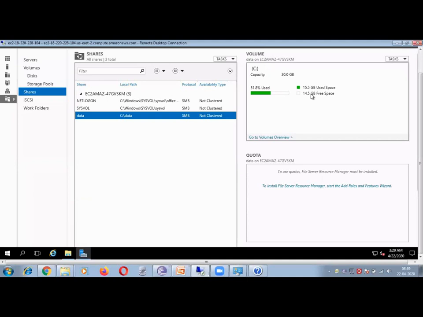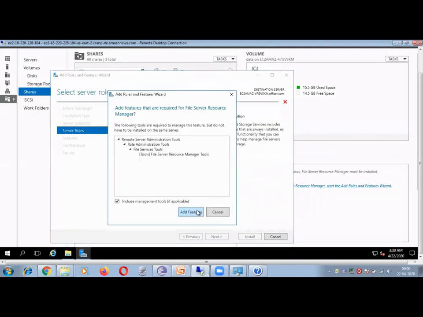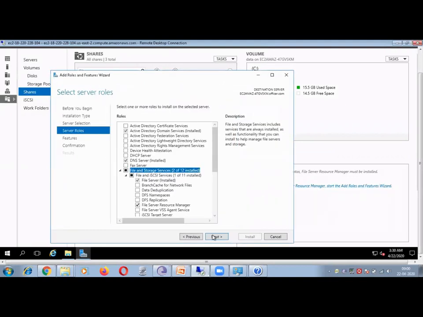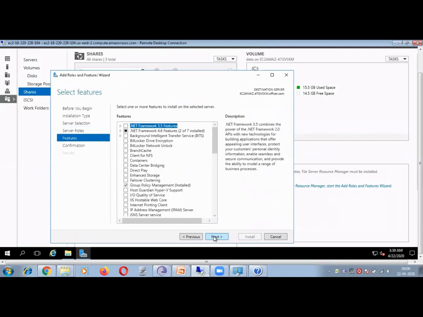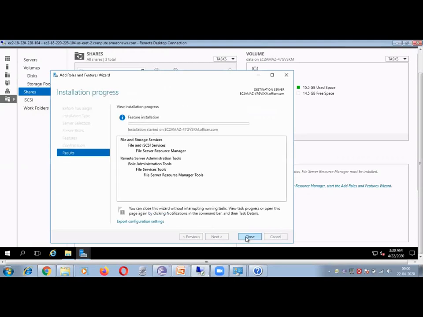You have to define some quota, right? So here is a quota, but to enable the quota you have to install some feature here. So go ahead and install the feature on the Windows Server. Cool, and say install.